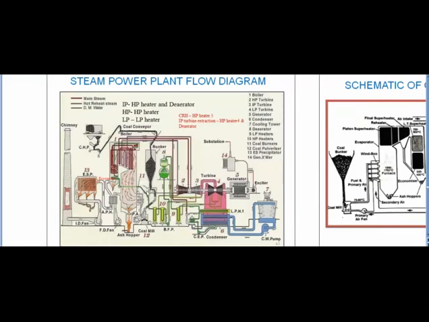This is in total how the flue gas movement takes place through the furnace. Then it comes out from the furnace through the air preheater, goes to the ESP, then from the ESP it is sucked by the ID fan, and then through the chimney it is exhausted into the atmosphere.